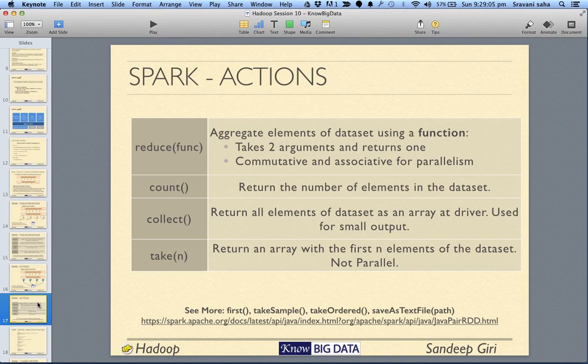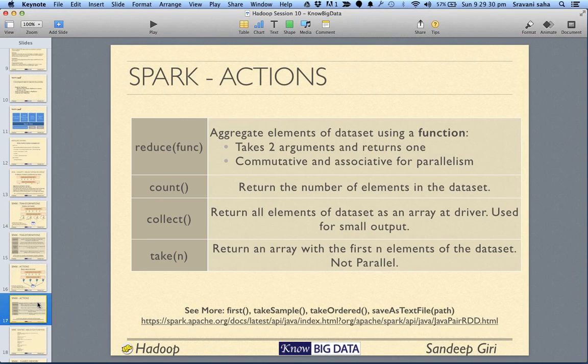Now, say for example, there is an action called reduce. What does reduce do? Reduce takes your function and applies this function again and again on the elements until it gets all the elements converged to a single value. You remember our combiner? That's exactly the role of the reducer here.